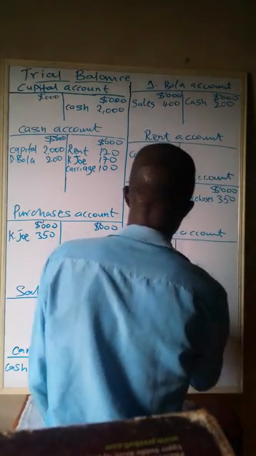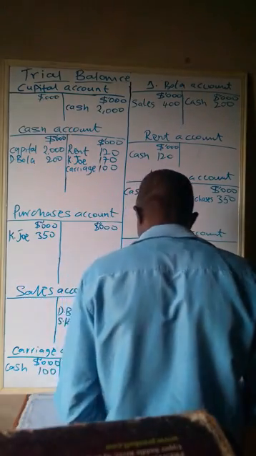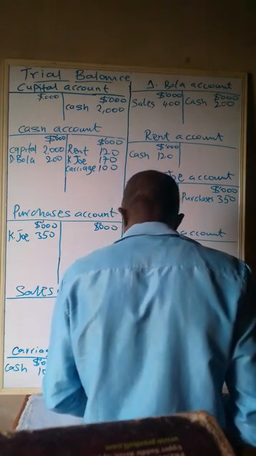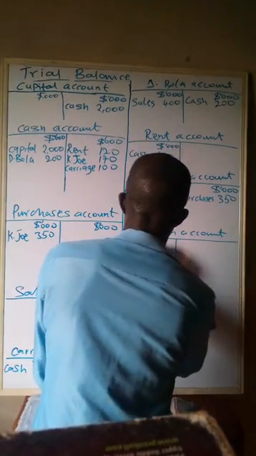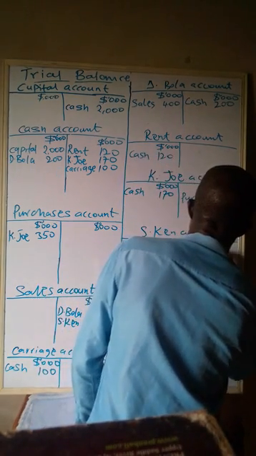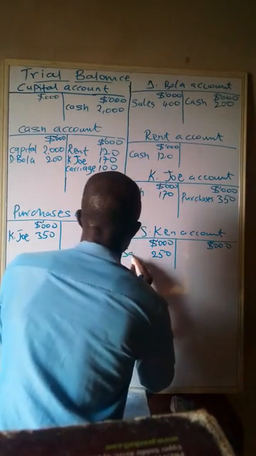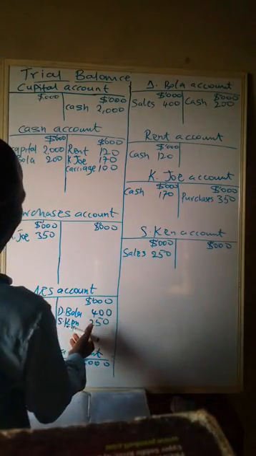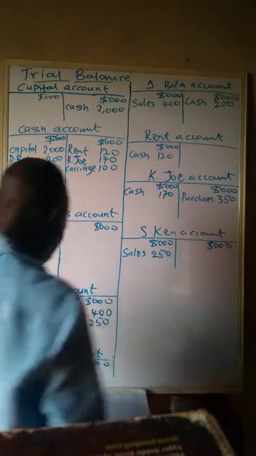S-Ken account. So goods on credit to S-Ken, $250,000. S-Ken is receiving. We debit S-Ken 250,000, and the corresponding entry is sales. When I go to sales, I've entered it. S-Ken 250, credit, debit. Next,